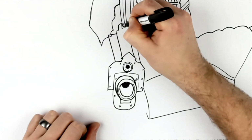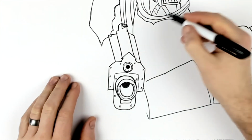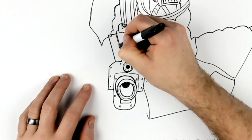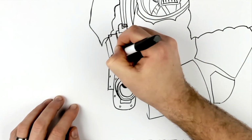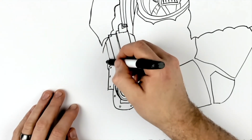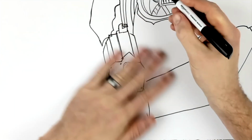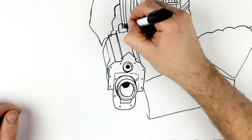Up, this is the sight now. If you draw over anything, you can just erase it. Right, so this is like a sight on top of the gun, like an edge line. This goes down around the barrel of the gun. There. Right, so this like